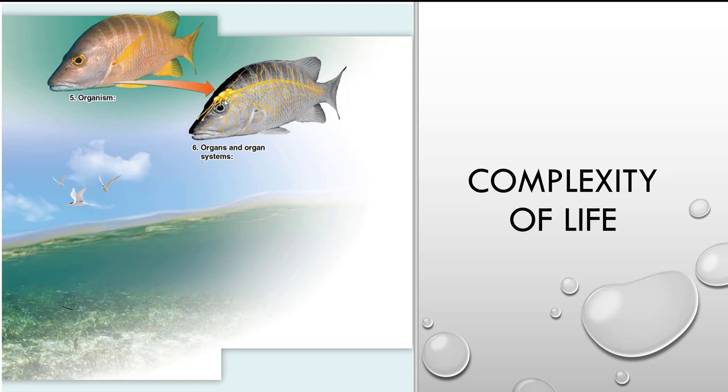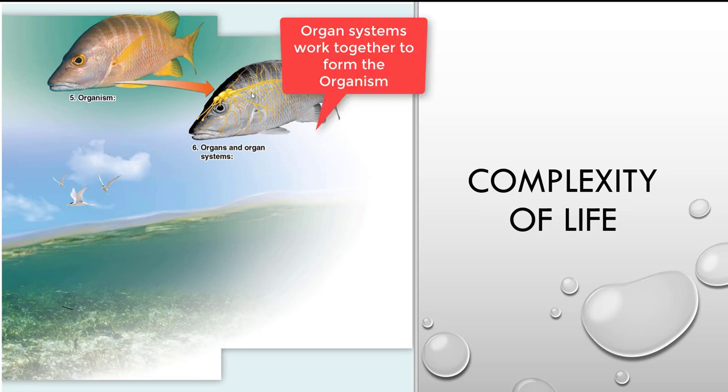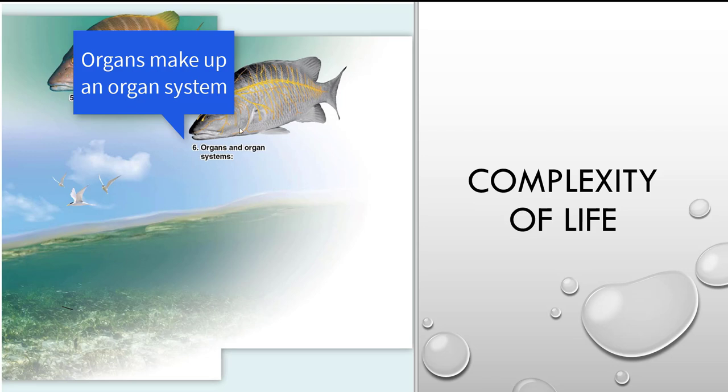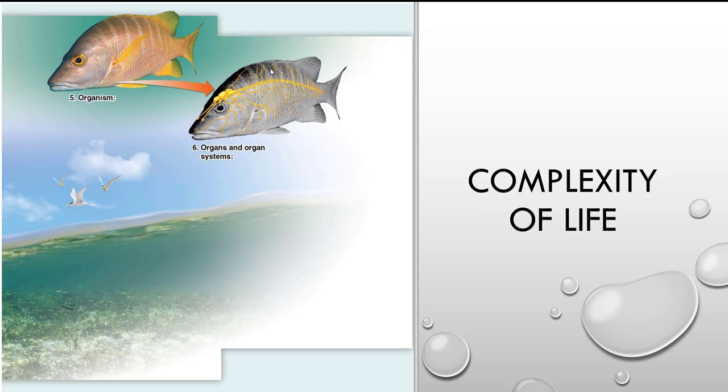So these nervous systems and muscular systems and endocrine systems and integumentary systems, they make up the organism. So we can look at this organism at the organ system level, looking at the different systems. Or we can look at the individual organs that make up an organ system, such as the nervous system is made up of the brain as well as the spinal cord and the different nerves throughout the body. Okay, so we could study just the nervous system and the organs associated with it in this particular organism at